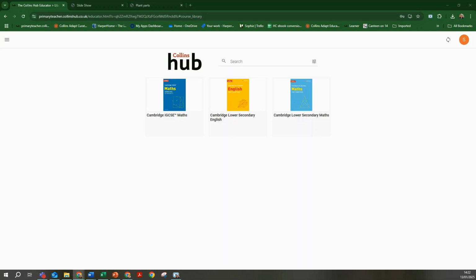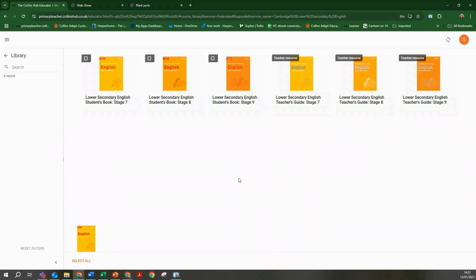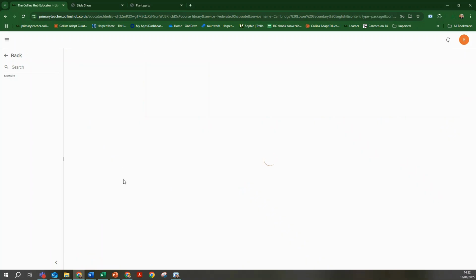Select Cambridge Lower Secondary English to access the resources. On the next screen, you will see the eBooks and resources you have access to as part of your school's subscription. In this case, the teacher has access to the student books and teacher guides for all stages 7 to 9. Selecting either the student book or the teacher guide will open up the eBook, which mirrors the layout of